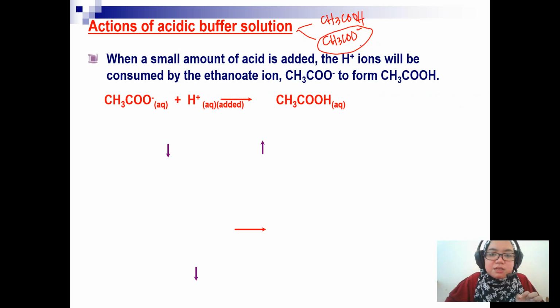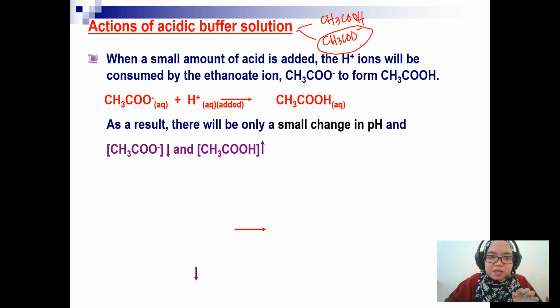So ethanoate ion will react with hydrogen ion from the acid to form acetic acid. Okay? So now as a result, there will be only a small change in pH. Sebab apa dia macam tak ada beza sangat pun bila you add acid tu. Sebab apa? Even though the concentration of CH3COO minus decreases, tapi concentration of acetic acid